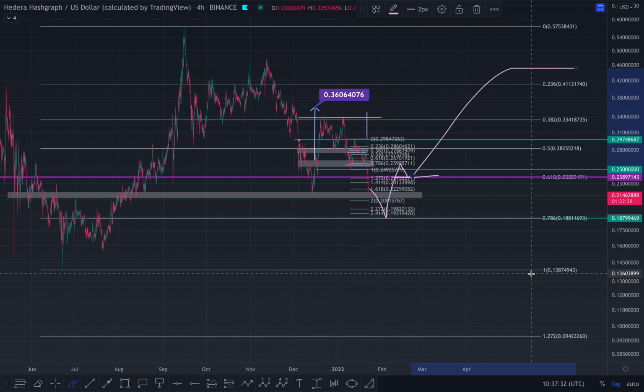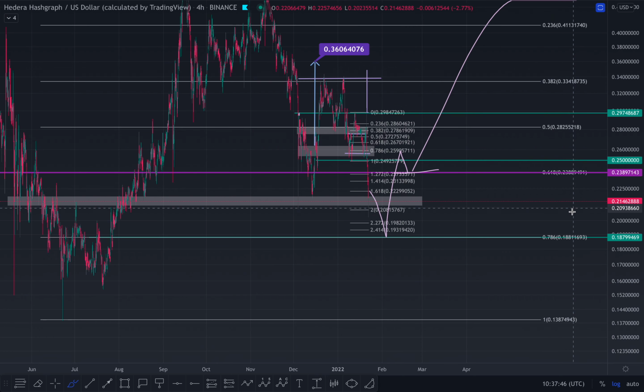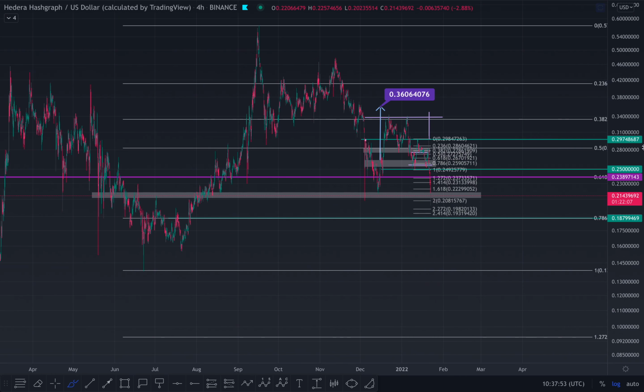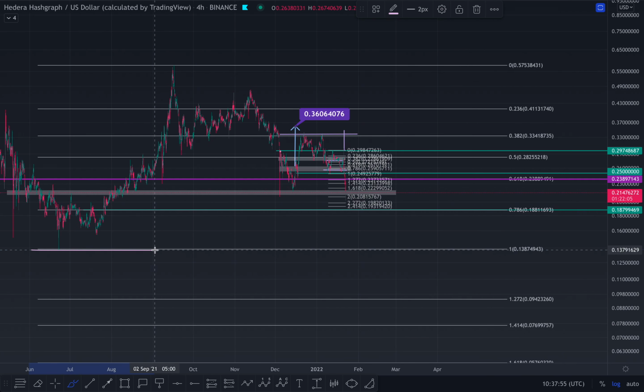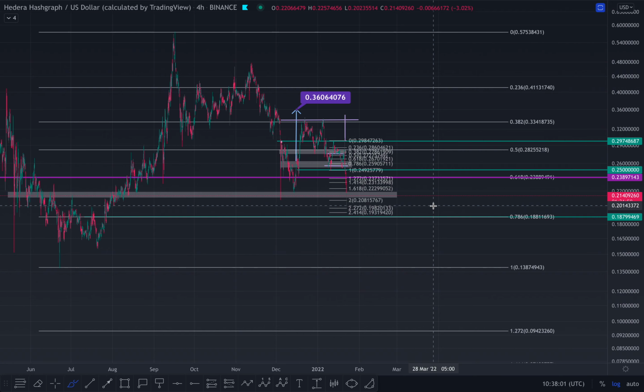But if we then come down and lose this, or even come up to the 0.618 and then lose it, so either you can come down, little bounce, and then lose it, or come all the way to the 0.618, get rejected and lose it. If you lose the 0.786 at 18.8 cent, then we would be coming down to the 1 technical target roughly at 13 cent, 13.8 cent. Now that is so ugly, isn't it, guys? If we do lose that, that's your bear market for sure, and we would be looking at a technical target of about 5 cent for Hbar.